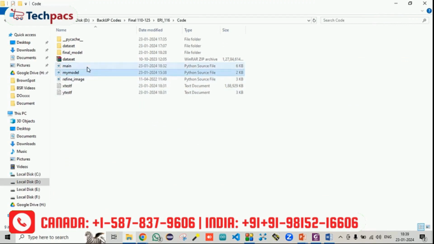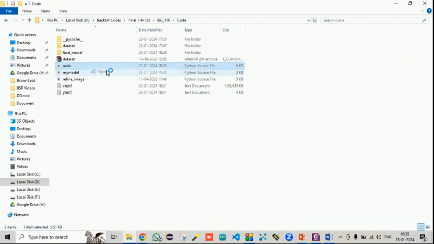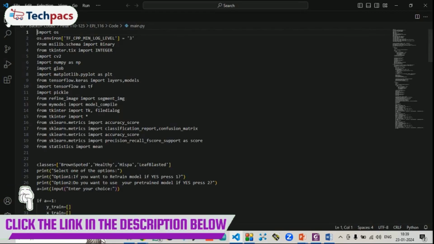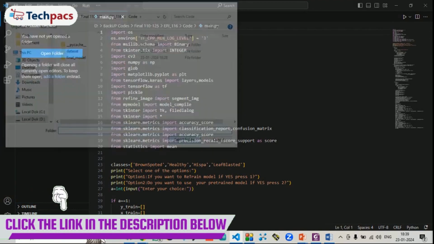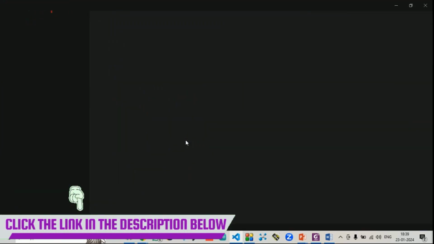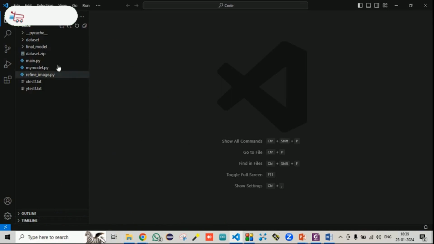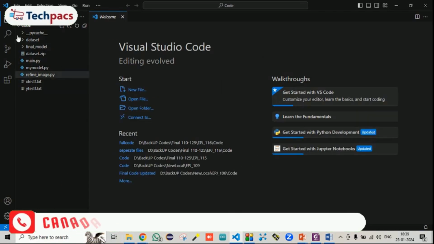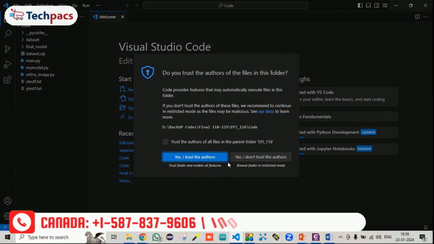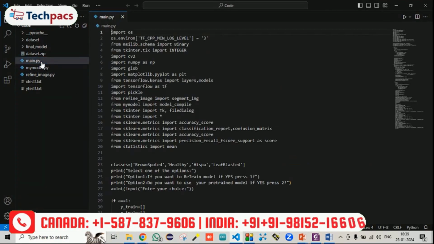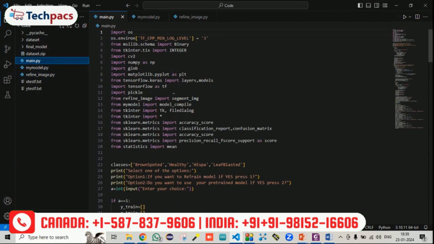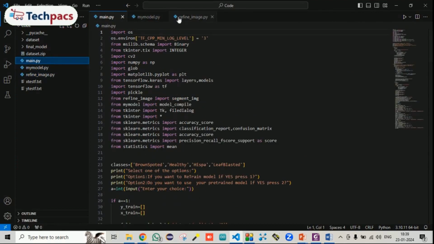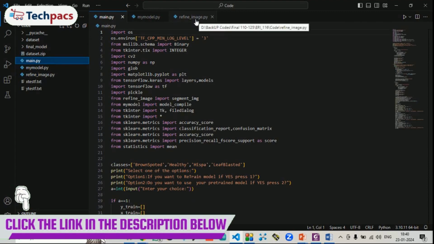So let's run this code. For that, you just need to open the main file in Visual Studio, and make sure that in the Explorer section, you open the folder where the whole code is. Once the folder is open, you can see the whole directory. It must have the dataset and main files. I'm running three different files. The main file is the main code in which the other two codes are also used along with